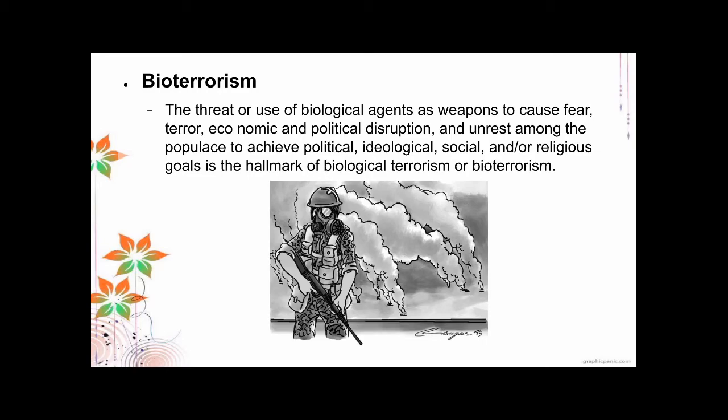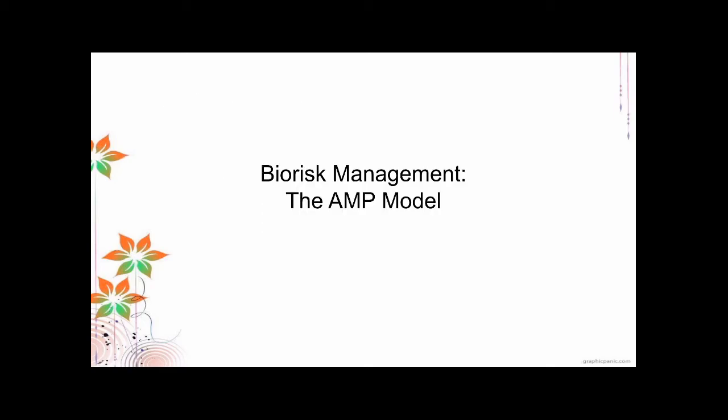So an example here are the anthrax incidents after the 9/11, way back in 2001. They sent envelopes with white powder. Basically, it contains anthrax, Bacillus anthracis, to targeted people and even random people to incite fear. So basically, the main goal of bioterrorism is inciting fear. That's why it's called terrorism. You incite fear in the general population. You disrupt the general population, and it becomes bioterrorism if you are using a bioweapon or you weaponize a biological entity. Okay, so that's it for these definitions.